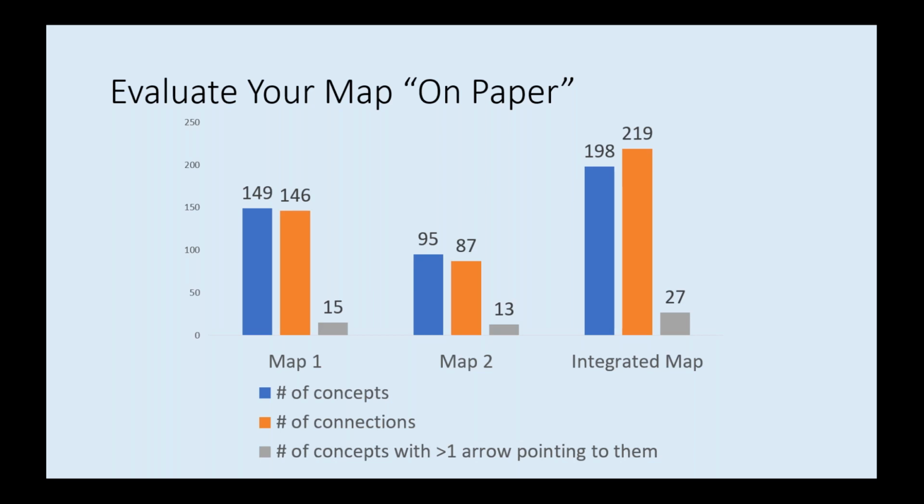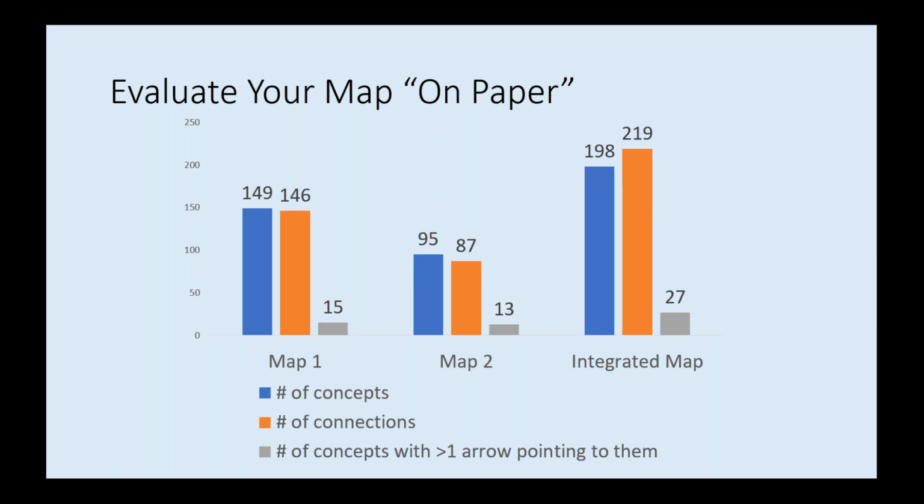Knowledge mapping also provides a way to evaluate your map on paper based on the structure of your map. This lets you assess, compare, and improve our models before putting them into action and testing them with people. These charts are based on a project that we did for a client. We can see that map